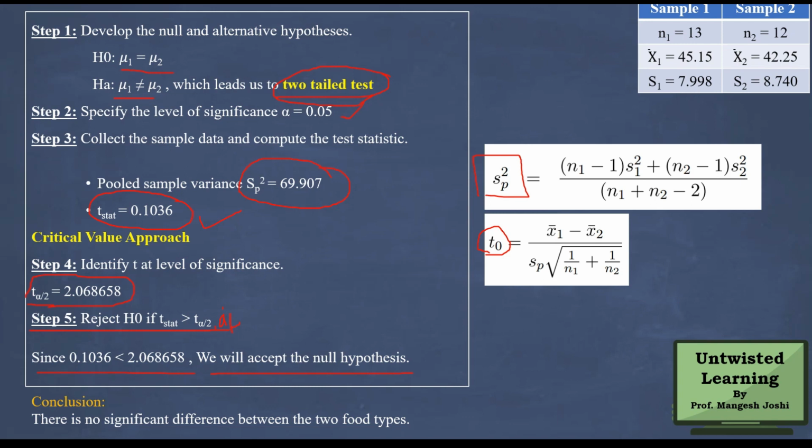So in this way you can solve hypothesis testing when population standard deviation is unknown but you are assuming them to be equal. Now we have used the t distribution because the samples are less than 30, right? Always remember you have to decide depending on the sample size.